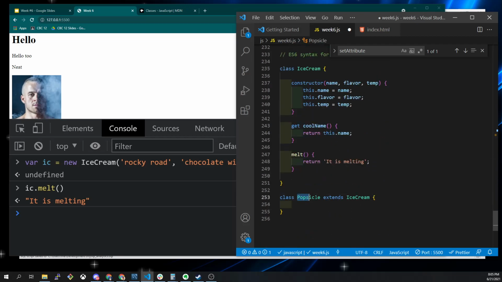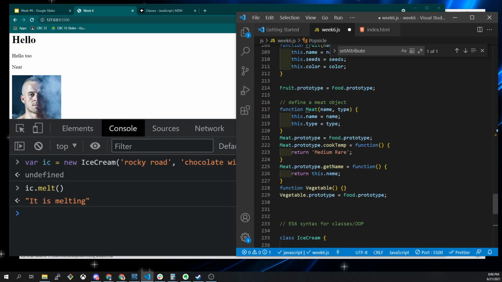So when we write it like this, to me this is the only reason to use this, personally. There's no objective truth here. I just like this version better for this specific reason, which is I can say class popsicle extends ice cream, and it's much cleaner to me as a representation rather than this old-fashioned janky way to create